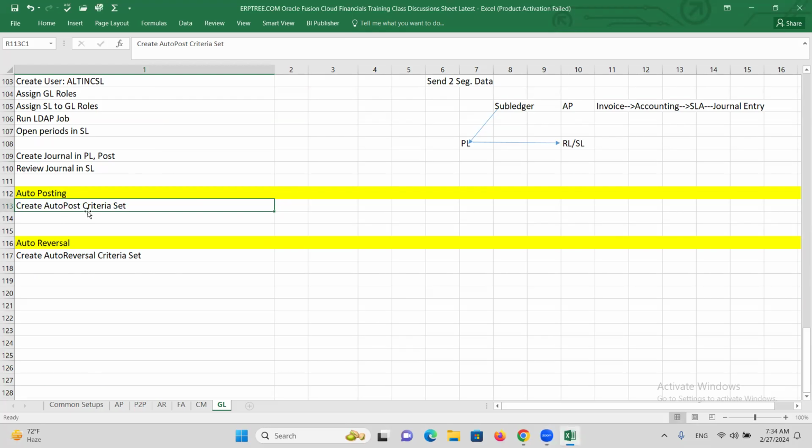Okay, we have seen auto post criteria set. When we are creating auto post criteria set, within the criteria set itself, we give the ledger name also. But in the auto reversal, we don't give any ledger. But this auto reversal should be applicable for which ledger? To that ledger, you have to assign this auto reversal criteria set. So create, then assign